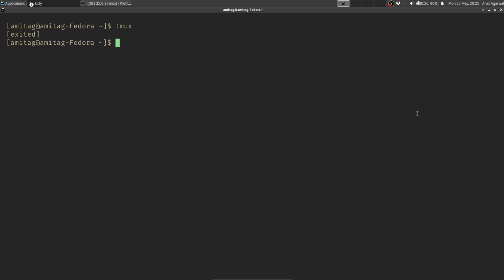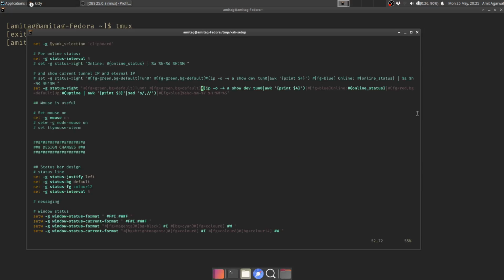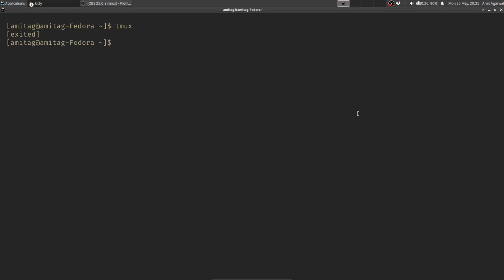Now that being said, the very useful trick to have here is basically have the IP address of the tunnel 0 interface in Tmux status bar. Now I use Tmux very frequently on various interfaces, and having the TUN0 interface IP on the Tmux status bar means that if I am connected to any tunnel, then the tunnel IP address is displayed in the Tmux, and I really don't have to do IP address show TUN0 all the time. The trick to do this is very simple.